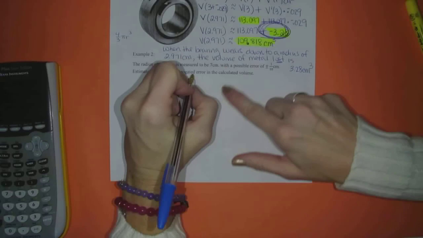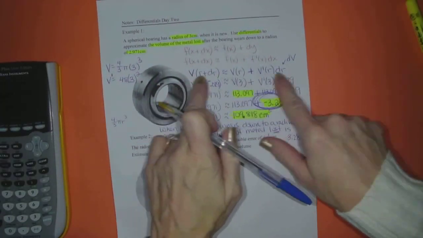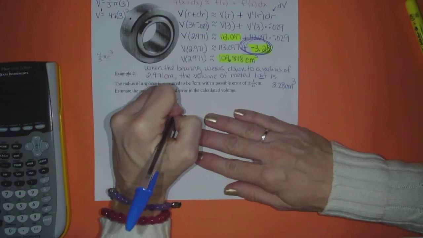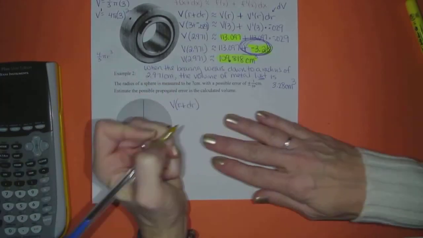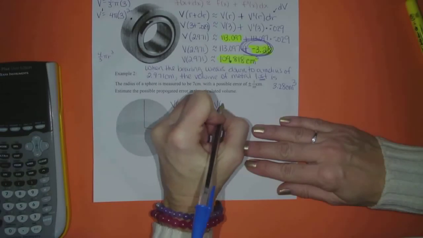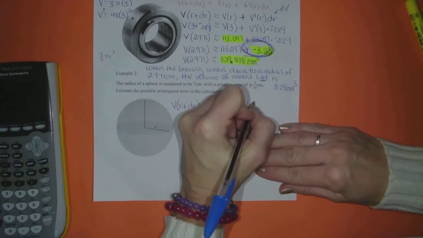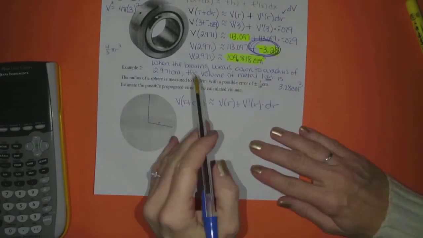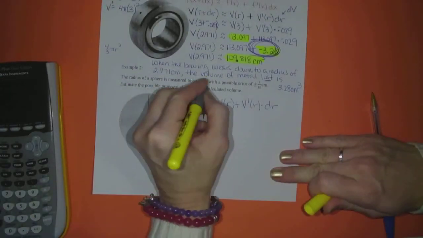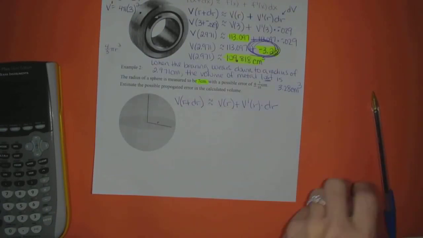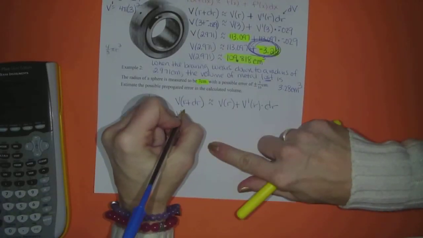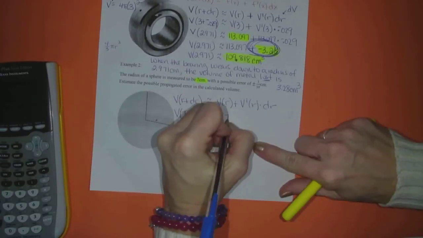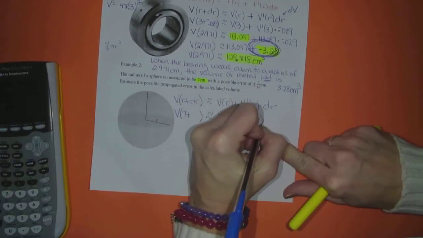Okay, I'm going to go right to this guy, since we're dealing with volume and radius again. So volume of R plus dr is approximately V of R plus V prime of R times dr. So what's my radius? Well, my radius is 7. My R is going to be 7 centimeters. So V of 7 plus, leave a little space, is approximately V of 7 plus V prime of 7 times,